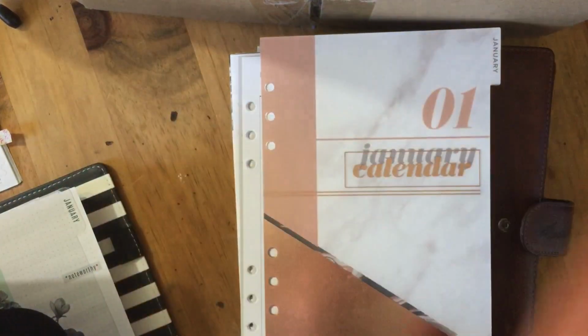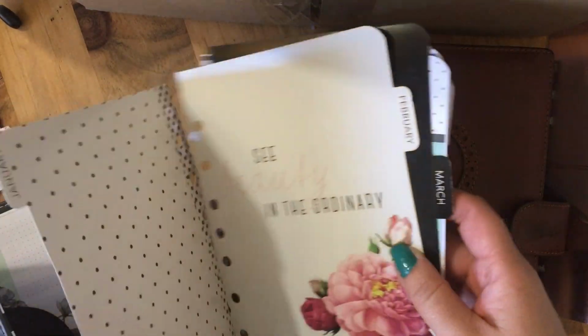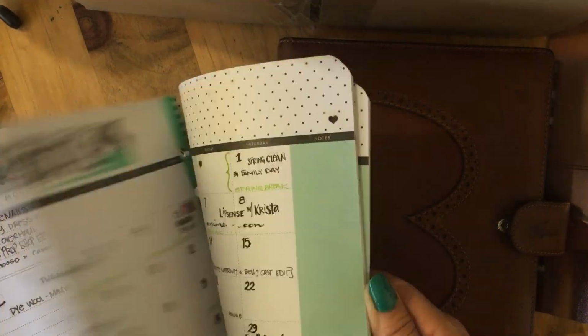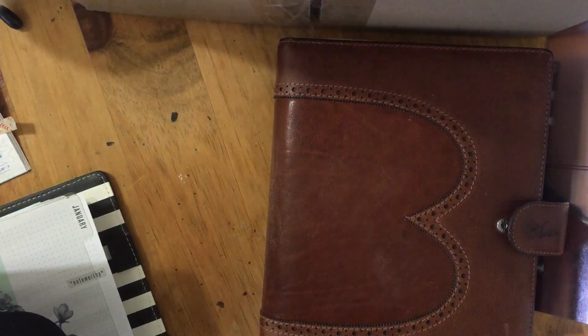So now the thing is that I had originally been using a Franklin Covey classic size as my business planner, and I'll show you real quick, I was using Heidi Swapp inserts from one of her memory planners from maybe 2 years old, but I just used and used and used the heck out of it. I loved the design so much, I converted it 100 times. I kept slicing it and repunching it, and I finally fit it into my classic. And if you see